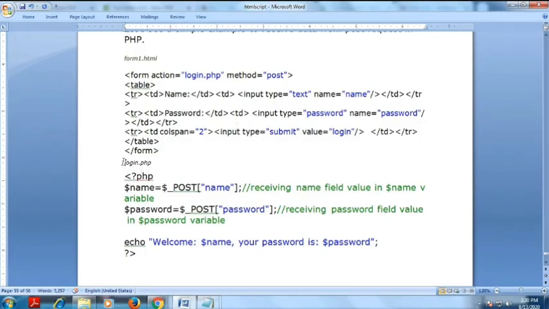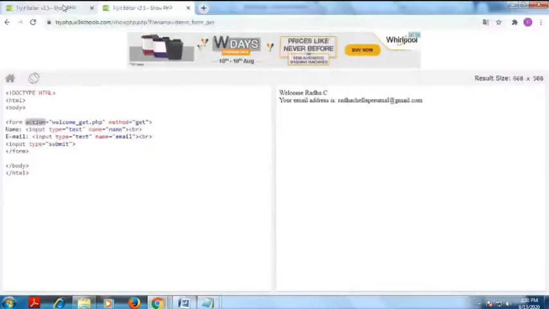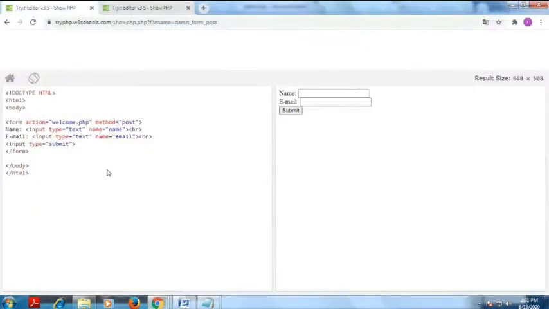Then I have the login page. How to use the GET method is the same as this, you just have to change the method name to GET instead of POST. That's all. You see the example here. Same form, I just change the method to POST. That's all.